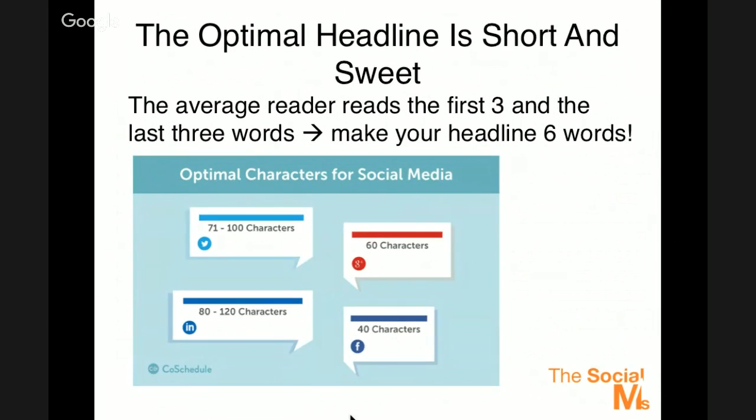Another thing you should really know about headlines is that the average reader doesn't really read long headlines. The reason is that we all get so many headlines every day. We get headlines in Facebook, on our mobile, on a news page we are visiting, on Twitter. We get so many headlines, we can't read all of them. So we just skim them. We read the first 3 words and the last 3 words. So if you aim for a headline of 6 words, you have the highest chance of people actually reading all